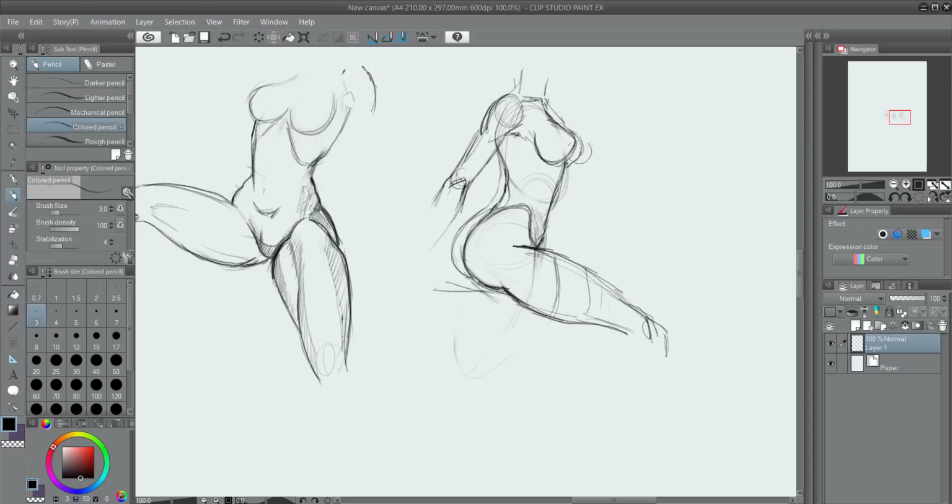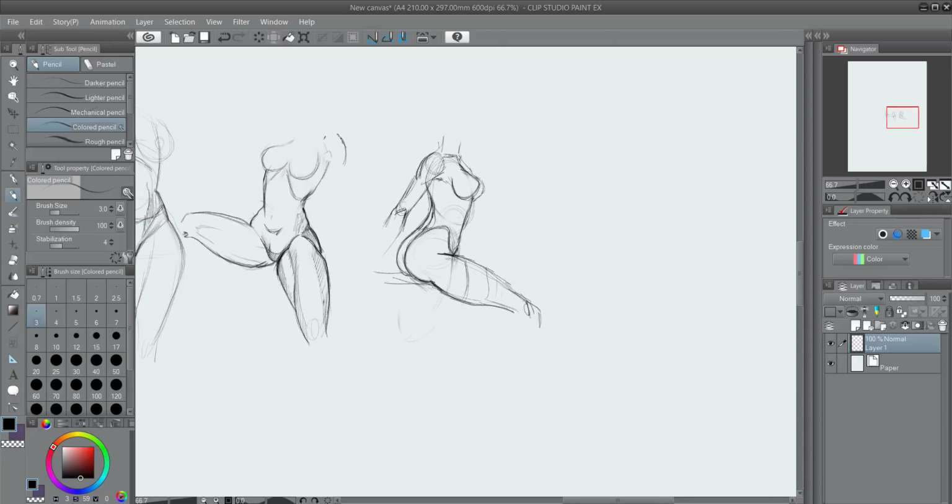And actually the breast would sit a lot lower than that. That's a little bit too high, but oh well. Get that? You get the general idea. And this would actually come more like that. You wouldn't be able to see the whole thing. But yeah. And she's sitting on something here. We don't know what yet.